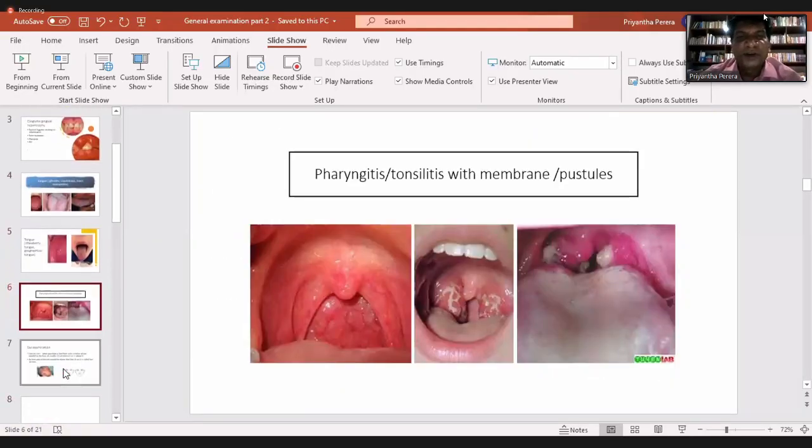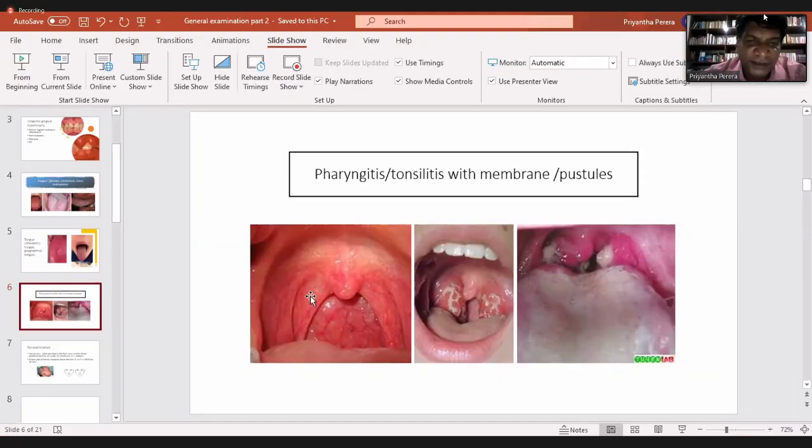And then we'll move on to the oral cavity itself, right? So you might have to flash a torch at the back of the mouth, and you might need a tongue depressor as well. Normally the back of the oral cavity looks very pink, normal pink color, right? But in some children, or in adults even, you might find it is very red, and you notice blood vessels there, right?